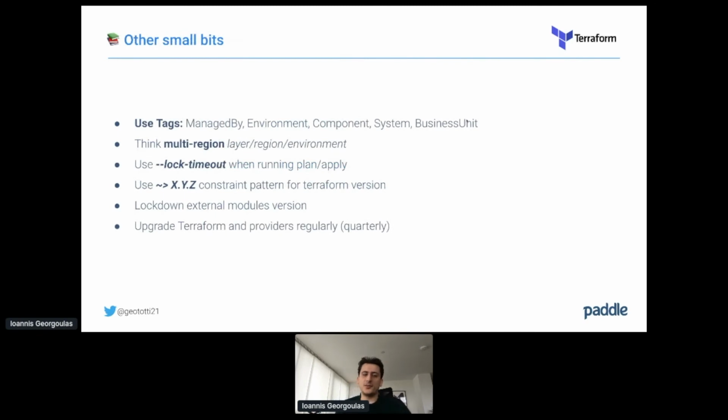Other small bits that we found interesting and we use a lot is tags. It will make everyone's life easier when it comes to who owns what, and if you want to have better cost management. We found these 5 tags very useful. One is managed by, which is usually Terraform, the environment you deploy, the component name, the system name,